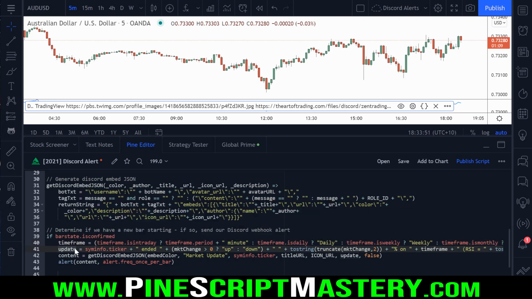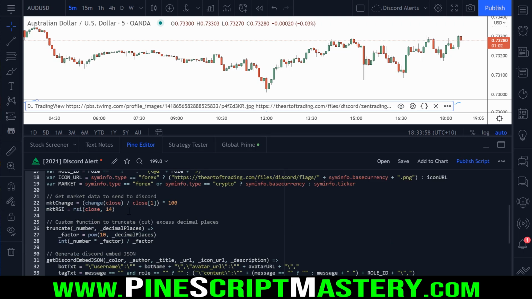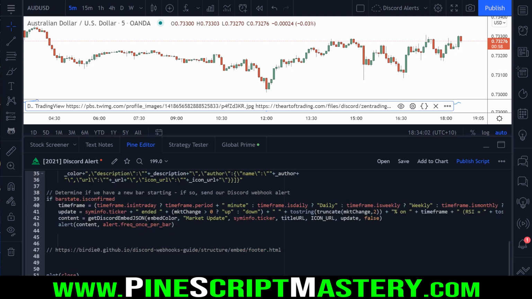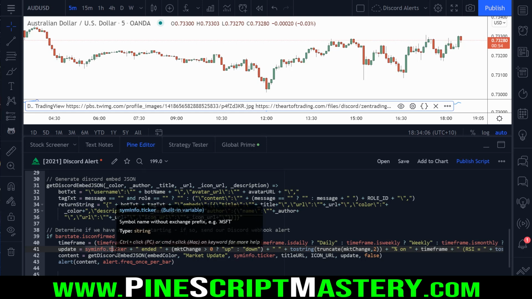Next up, we have our update. This is the update we want to send. This is basically turning the market data that we've got up here into readable text. So here we're saying symbolinfo.ticker, that would say AUD/USD ended, and then we check, did the market change? Is the market change variable